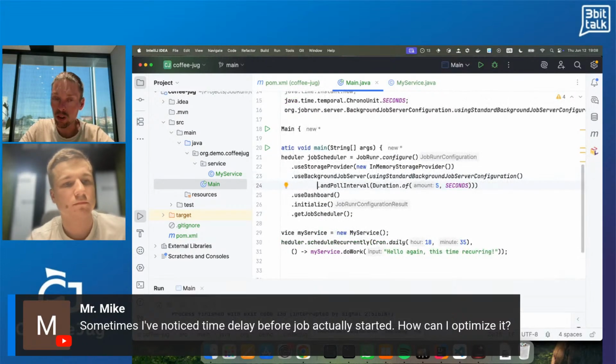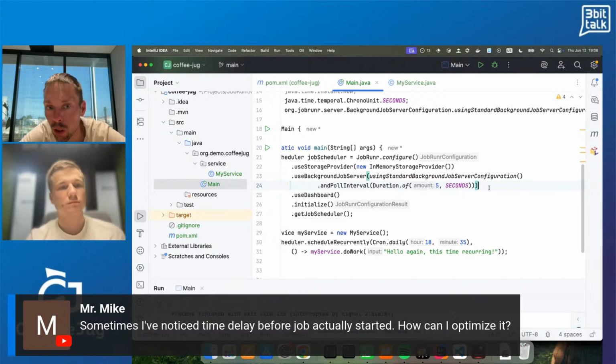In the Pro version, you have instant job processing, but we do it in a different way because if you have like 40 servers or a lot of servers doing all of this, polling is not the best way to go. And in the Pro version, we solved it in a different way: the moment that you enqueue a job, it starts processing. Yeah, if it's critical for someone, it's one of the reasons to migrate to the Pro version.